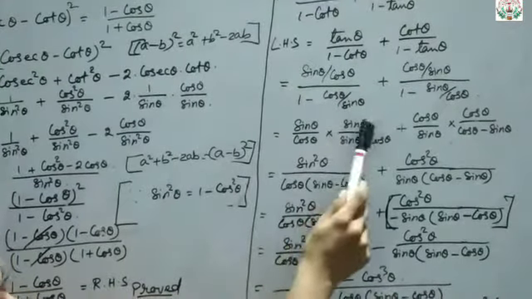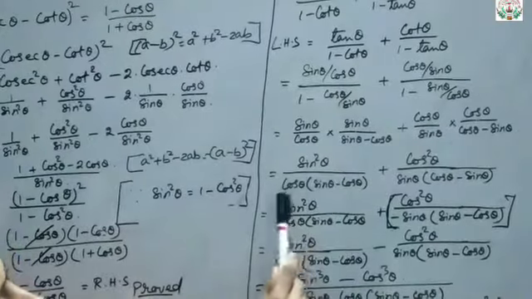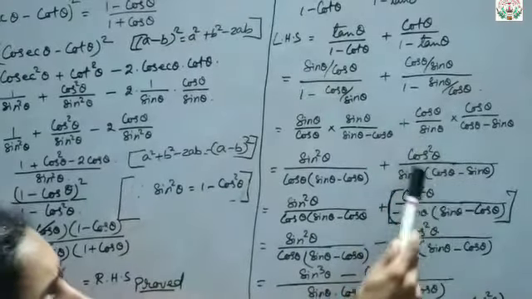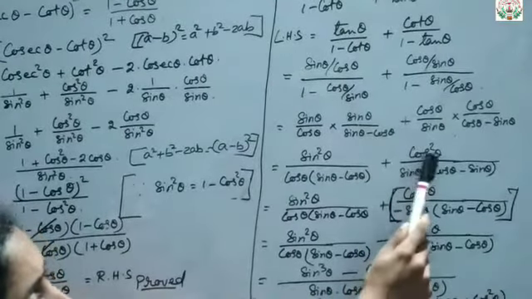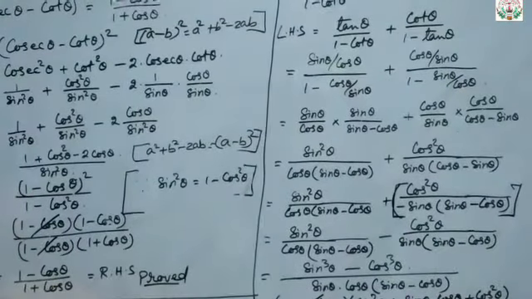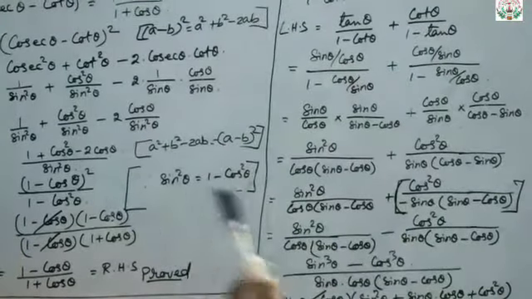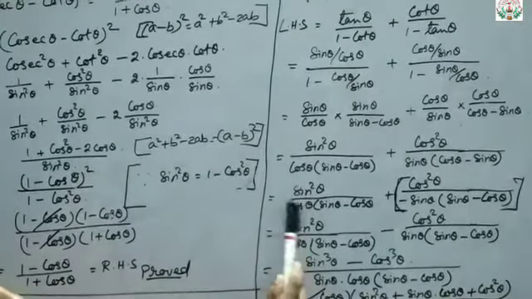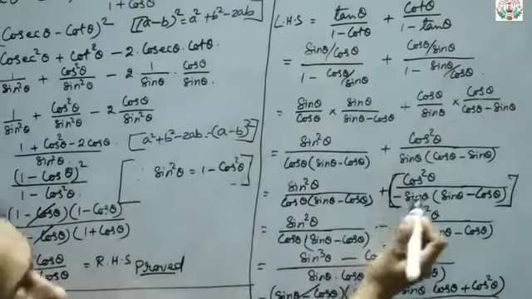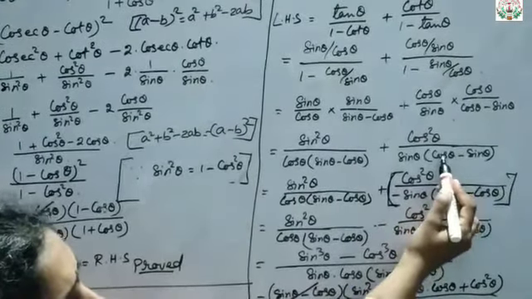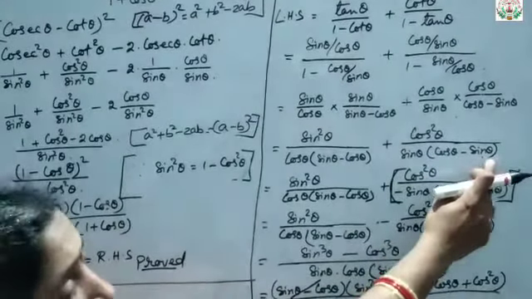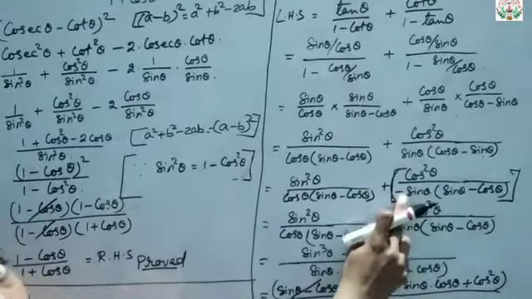Now this equals numerator multiplied, that is sin square theta upon cos theta into (sin theta minus cos theta), plus again numerator multiplied and denominator multiplied, so it will be cos square theta upon sin theta into (cos theta minus sin theta). As it is, now I wrote. In the next line we will take the common of it. That is equal to sin square theta upon cos theta into (sin theta minus cos theta) plus cos square theta upon, now you can see here cos is there first and then sin. So I have to bring sin first, then cos. So what I will do, I will take minus sin as common.